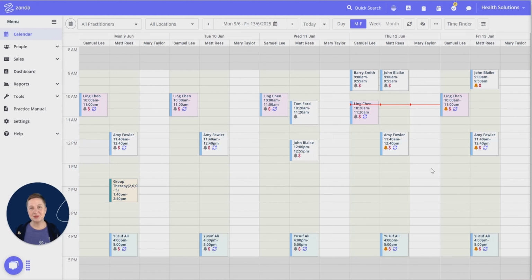Okay, let's move on and process our first payment here in a Zendesk account. So to do that, let's have a look at probably the most common use case for processing payments, collecting a payment for the client's appointment after the session has been provided to the client. So to do that,